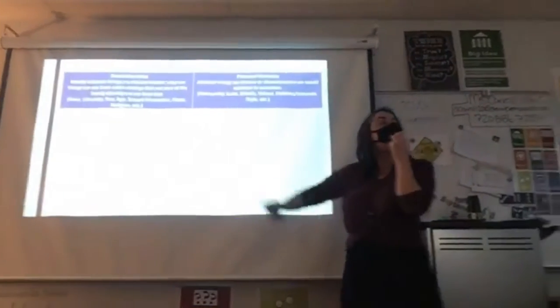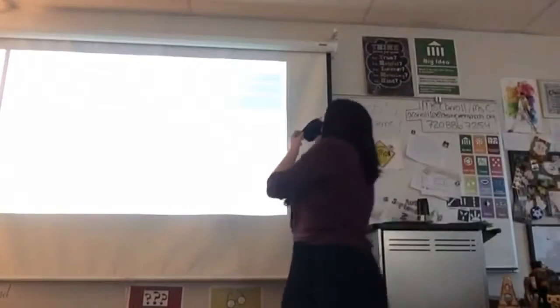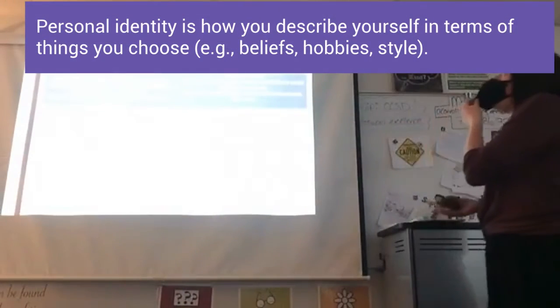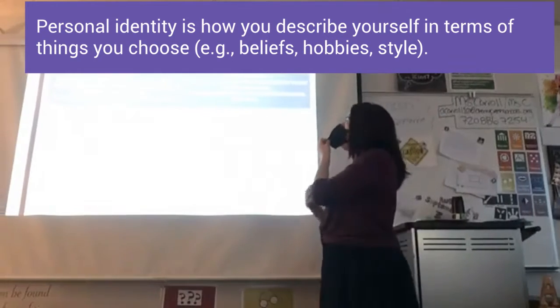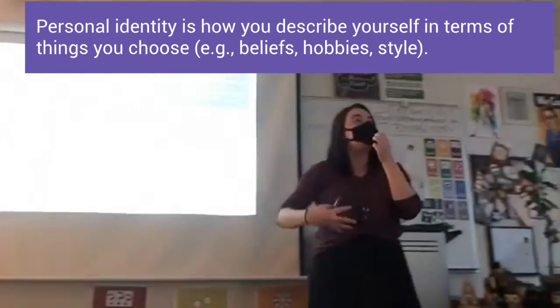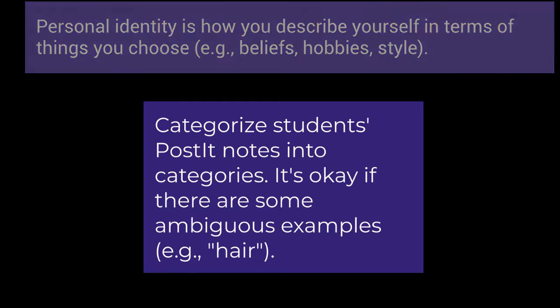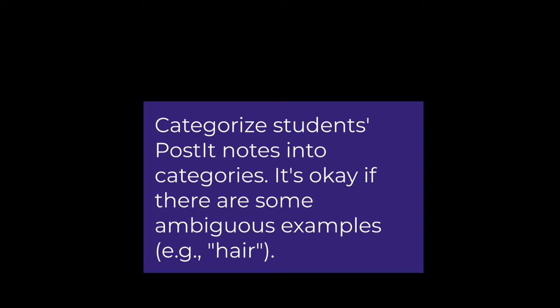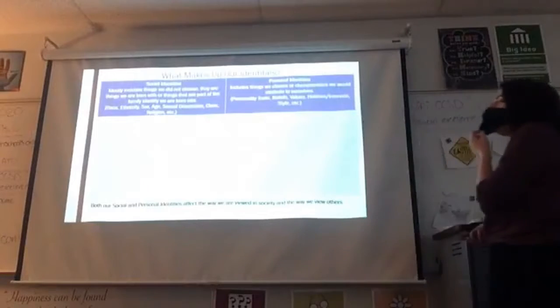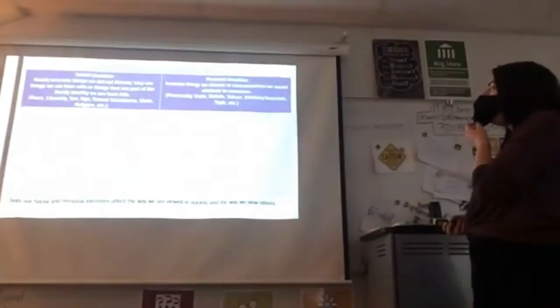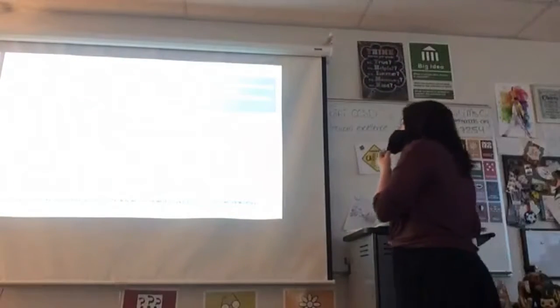Now, there's also a thing called personal identity. These include things we choose or characteristics we would attribute to ourselves, personality traits, beliefs, values, hobbies, interests, style. So, both social and personal identities affect the way that we are viewed in society and the way that we view